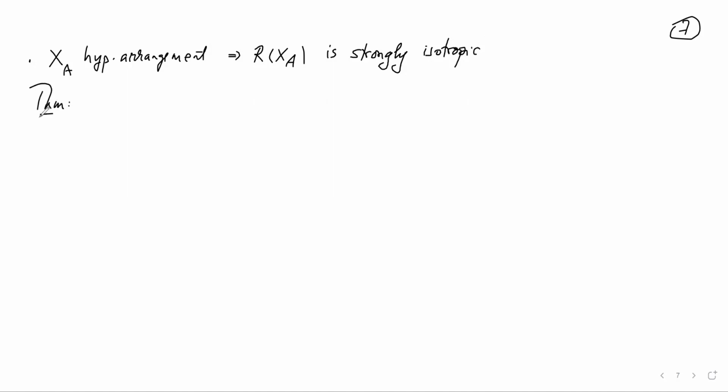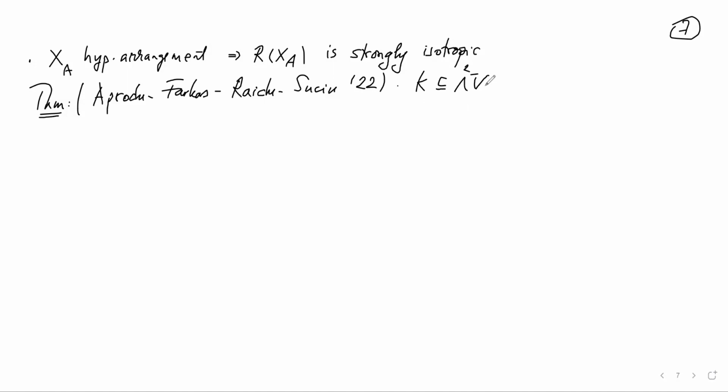And this is with Mariana Aprodu, Claudio Raicu and Alex Suciu, from this year, that again, K is in wedge V, so I'm looking at the most general Koszul module. If the resonance of V, K is strongly isotropic, and the resonance is a union of, first of all, it has to be linear, right? It's a cone by definition. And I have these components,